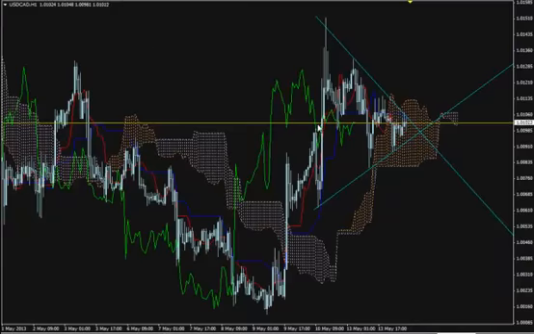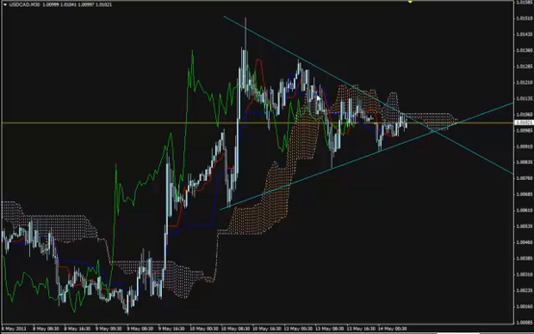If on the H1 chart we see a leading Kumo clearly bullish with a sharp edge pointing up, and the price had gone out of the Kumo in a bullish Kumo breakout with Chikou span pointing upwards, preferably above past price action. If we see a clear bullish Kumo breakout on the M30 chart with leading Kumo clearly bullish,